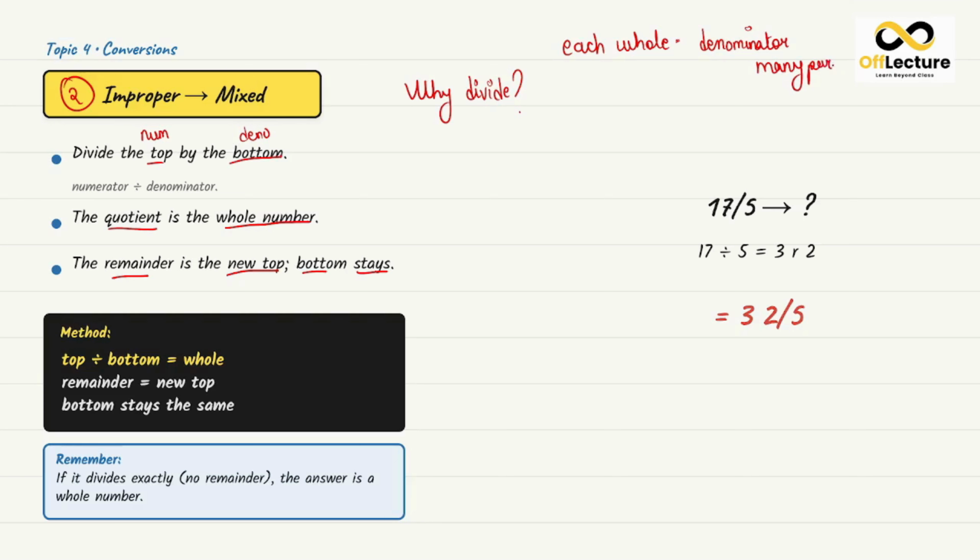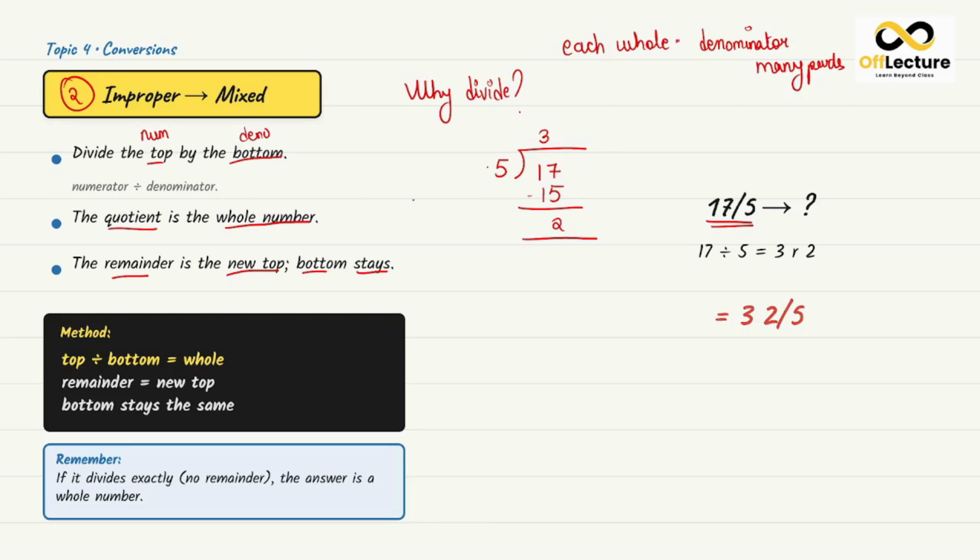Okay, let's try it ourselves. Let's say we have a fraction which is 17 over 5. So we will divide 17 by 5. So 5 times 3 is 15, so we will write 15 here. Then we'll subtract and we will get a remainder of 2. Now no further division is possible, because this remainder is lower than the divisor.